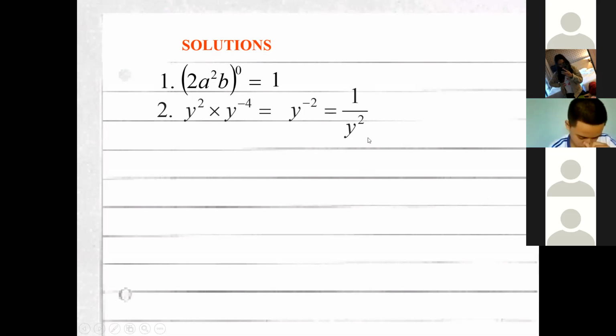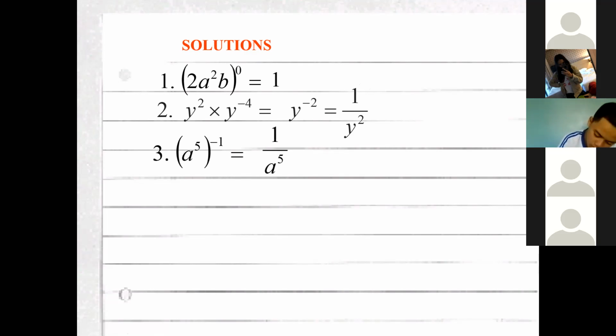In this lesson, class, it is expected that your answers should not contain a negative exponent. Again, it is supposed to be made clear to everyone right now that if your answer is a negative exponent, I'll mark it wrong. It should be expressed in a positive exponent. A to the power of 5 raised to the power of negative 1 is a to the power of negative 5 or 1 over a to the 5th. 4 to the power of s to the power of negative 2 times 4s to the power of 7. So you'll get 4s to the power of 5 because 7 plus negative 2 is positive 5.